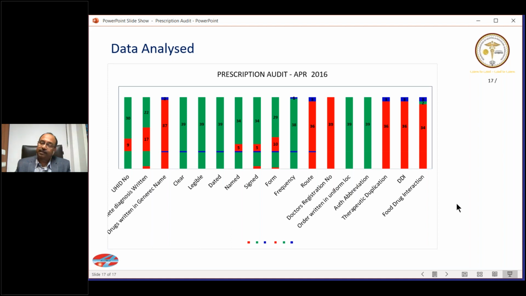Madam, data representation is not an issue. Why I have chosen this particular method of data representation is because in this I don't have to do a separate Pareto's analysis. Just by looking at it, I know which are the 6 major problem areas out of total 17. So I can see all the reds are the major problem areas. That is the benefit of this.